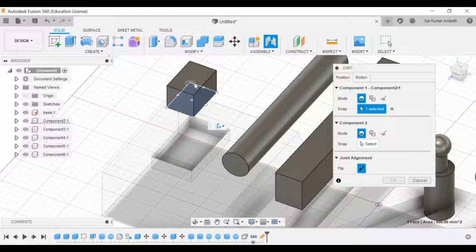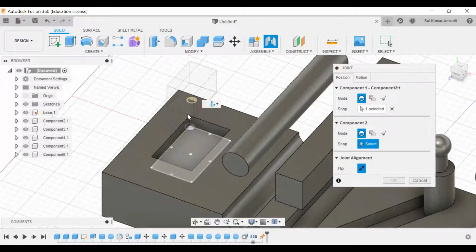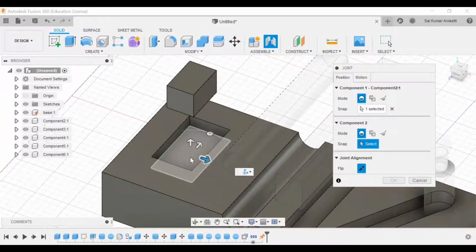Now my face is selected. Now it is going to ask which point I need to select. There is a smiley button, or else we call it the selection button, or smiley in your Fusion 360. Okay, fine. That is your snap point. The technical term for it is snap point. On which point do I need to place? Do I need to select and assemble? Generally we go with the center point. Okay, now your first component is done. Now I'm going with the base component. On my base component, this face I need to take. I'm going to select the center one.